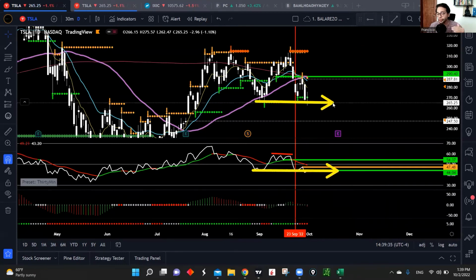So usually momentum breaks before price. You can see that price is trying to hold, but momentum is already breaking lower. I think that you can short Tesla here, but I think that the best way to manage this position is